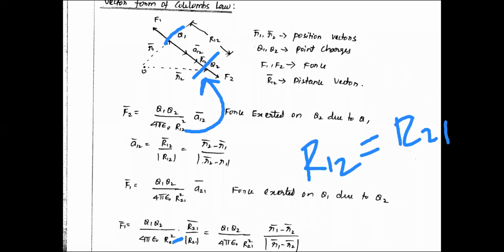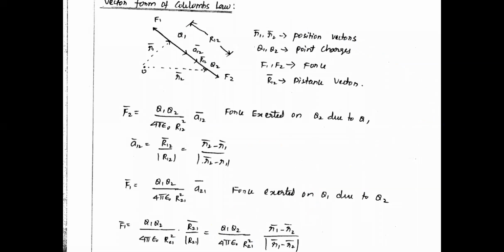Again, F1 also you can calculate like this, and the magnitude of the force will be there always. What is the magnitude? Q1 and Q2 divided by 4 pi epsilon naught R21 square. And please remember this distance is always constant. They are using one capital R, R12 or in this case R21, whatever it may be. That magnitude is always the same. That means the distance between the charges is always the same. That is the idea. This is the example for Coulomb's law.